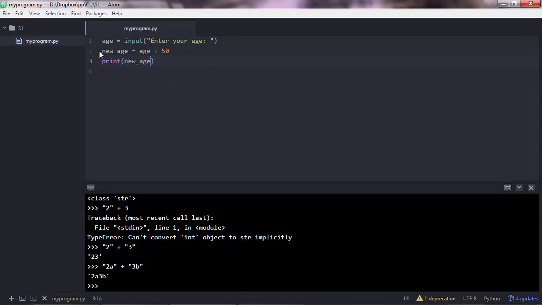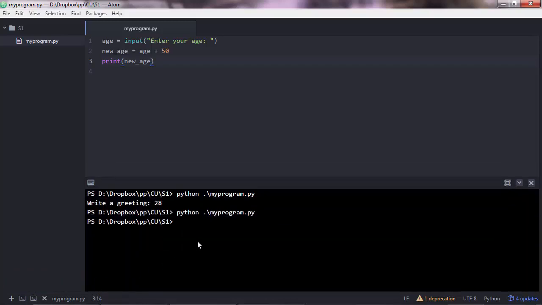Save the script, and let's go and execute this. We are going to get an error here, I warn you, but it's good that you see the errors that we get, because that's how you learn better. So Python, my program executes. For now it's working fine, because what happens is Python executes a script line by line. So it goes to the first line, and if there is no error, it executes that line. And in this case we have an input function, so the program is on standby mode, so it expects the user to enter the input. And so let's enter the input here, let's say 28,